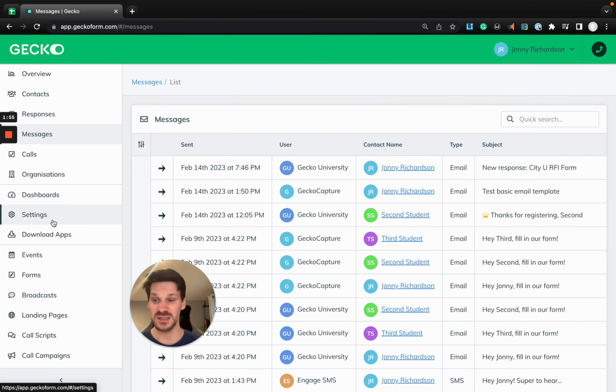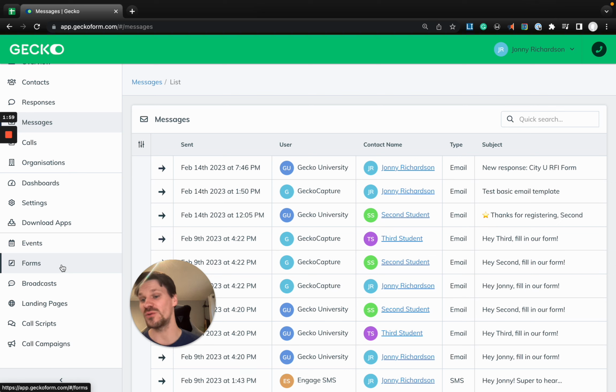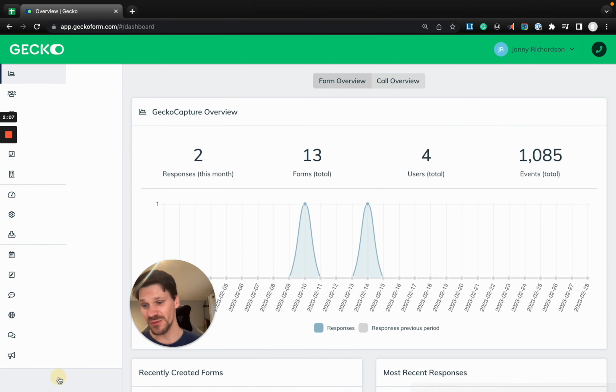We've also got the ability to view settings. We're going to deep dive into that later, where we manage our events, forms, and crucially for us, our mass text and emailing campaign broadcasts and landing pages. As well as noting that this can be